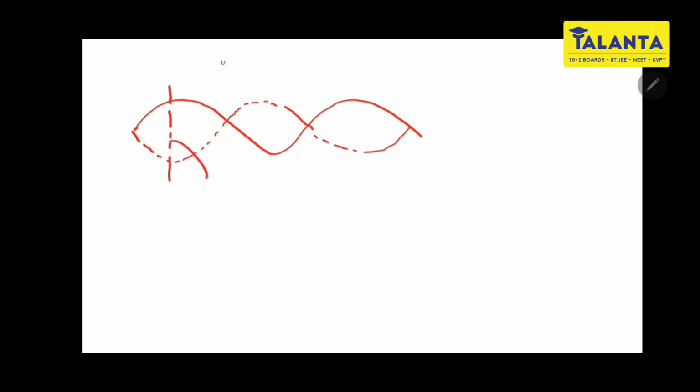Now, here in this resultant wave, amplitude কোথাও ম্যাক্সিমাম হবে, আবার কোথাও মিনিমাম হবে। যেখানে অ্যামপ্লিটিউডটা ম্যাক্সিমাম সেই পার্টটাকে আমরা বলবো অ্যান্টিনোডস, আর যেখানে অ্যামপ্লিটিউডটা মিনিমাম সেই পার্টটাকে আমরা বলবো নোডস।